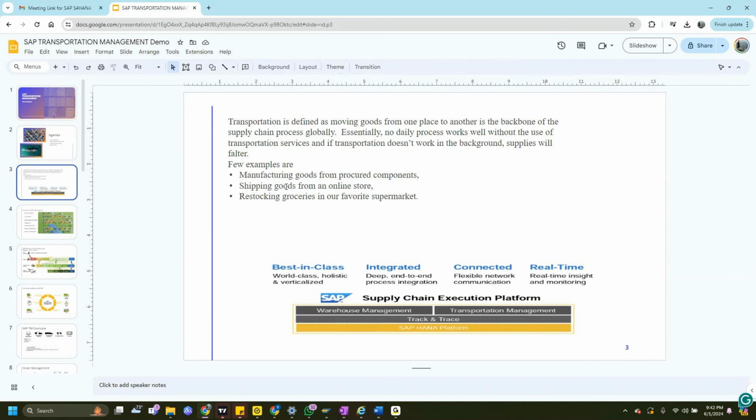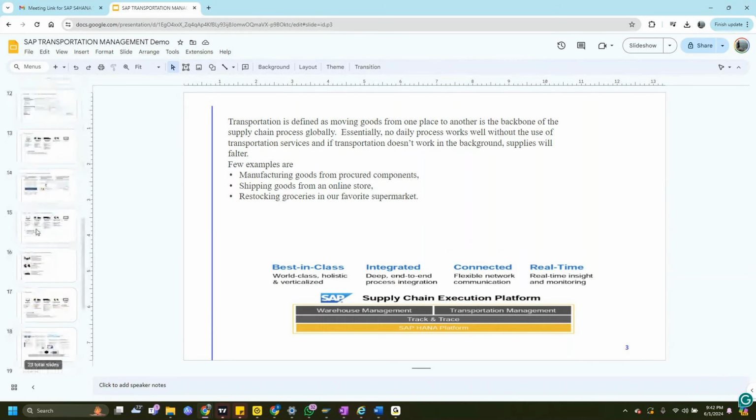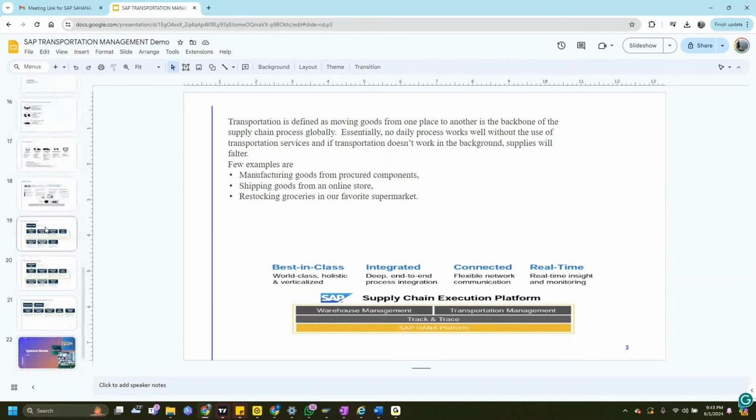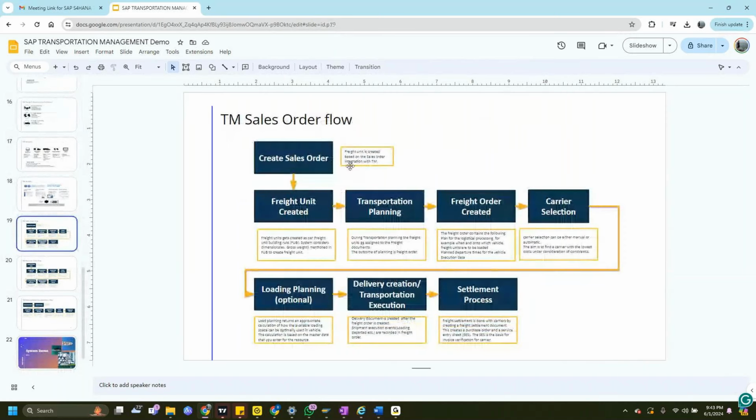Okay, I'll come to the process flow first. I'll give you the process flow overview so that you understand exactly how the modules are integrated. This is just a basic process flow that I created, but it's not an extensive one. But I'll give you an extensive overview.